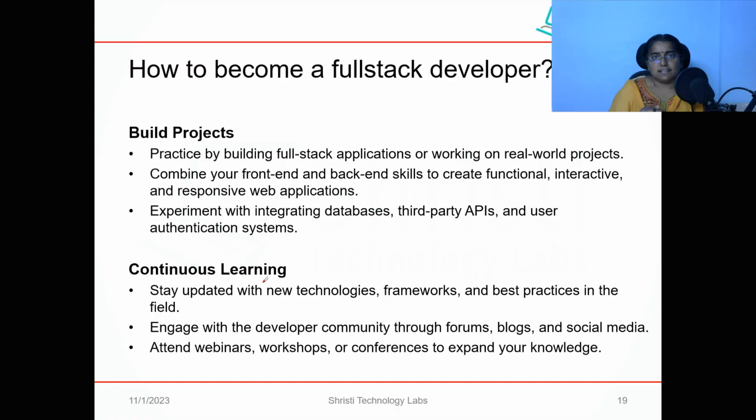Other than this, continuous learning. Stay updated with new technologies, frameworks and best practices in the field. So, you need to be in a continuous learning mode. Engage with the developer community through forums, blogs and social media. Attend webinars, workshops or conferences whenever a new topic in the technology field that you are working is popping up